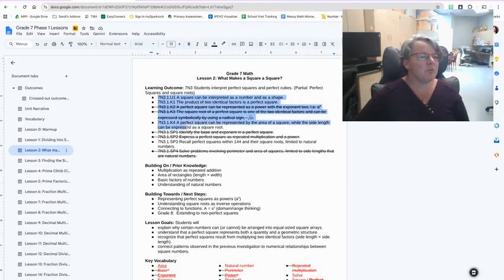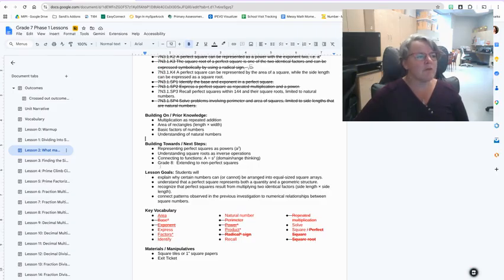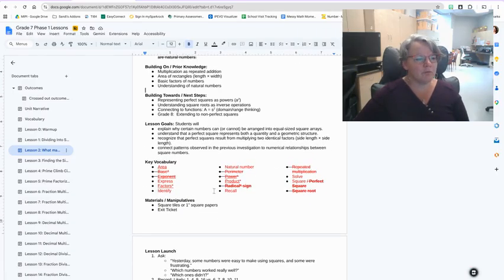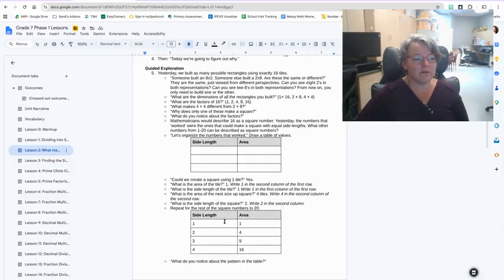In this case, I put the cusp in here. I don't always do that, but I wanted to make sure it was clear what things you were focusing on from this outcome and what you definitely were not. So you can see what's been crossed out. There's that building on prior knowledge again, building towards, lesson goals, key vocabulary, materials, the lesson launch and the guided